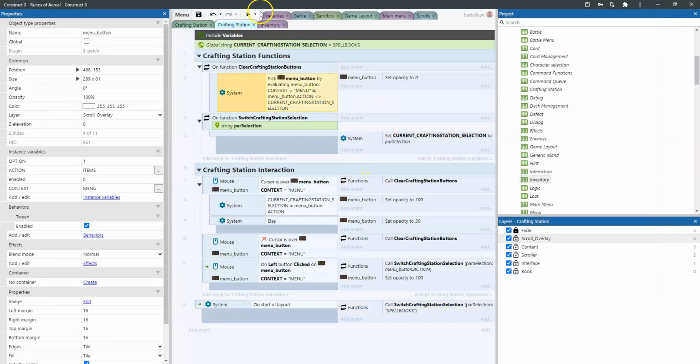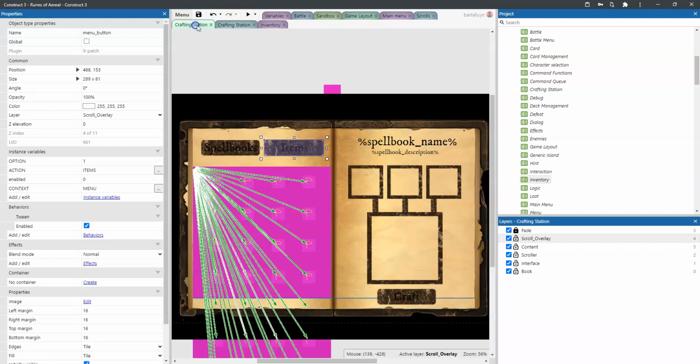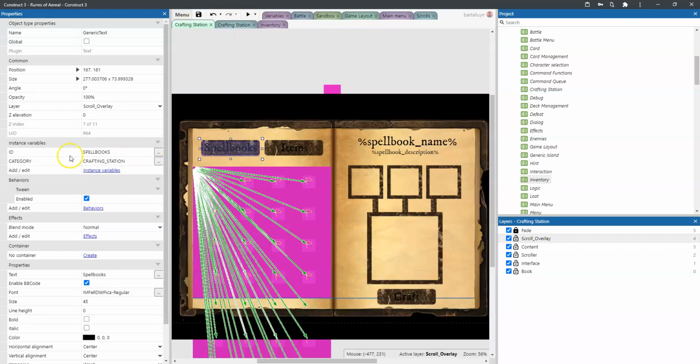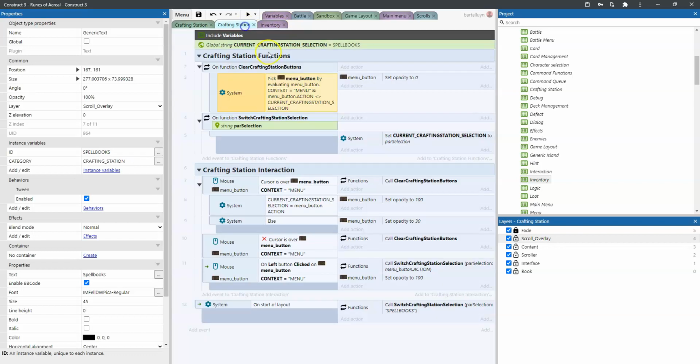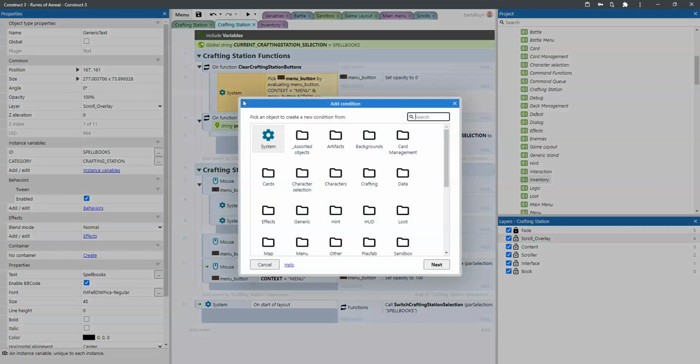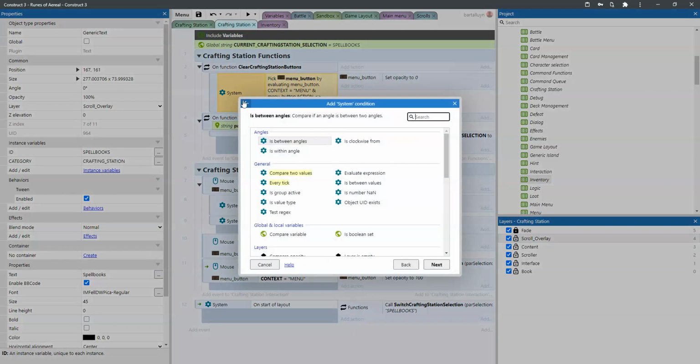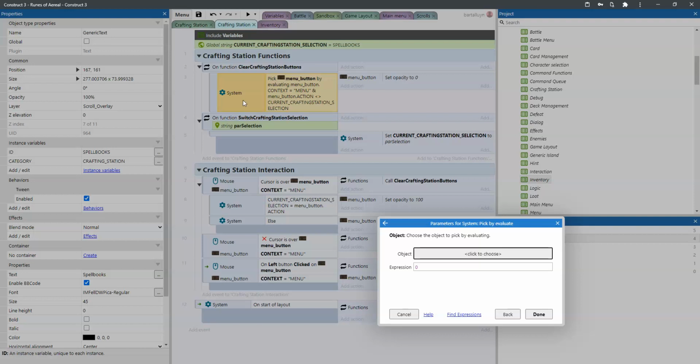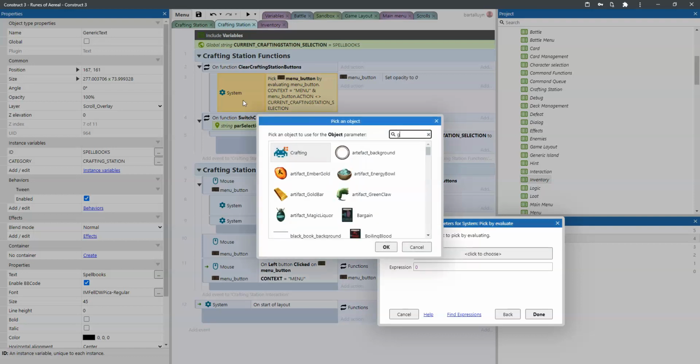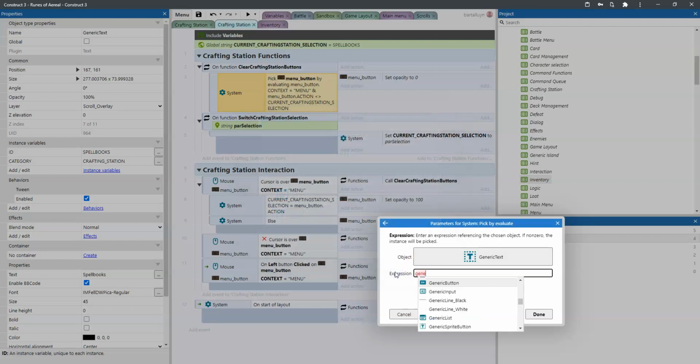So we're going to be searching how should we select this. So category equals crafting station and ID equals the action. So we'll add another condition here. Press the C on the keyboard and then again make by evaluate. And we pick the generic text, for which we say generic text dot category equals